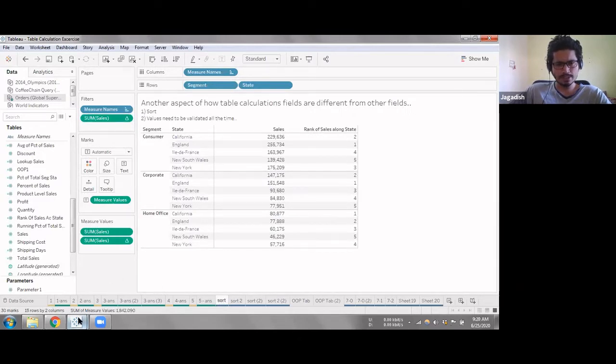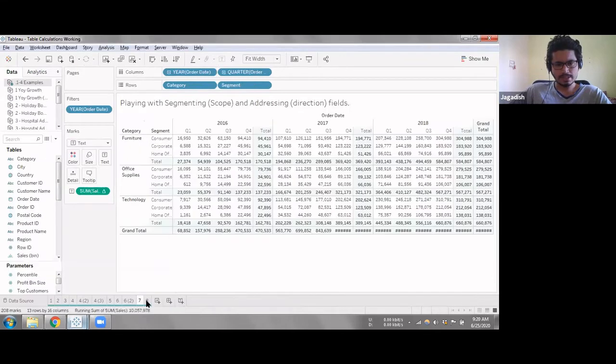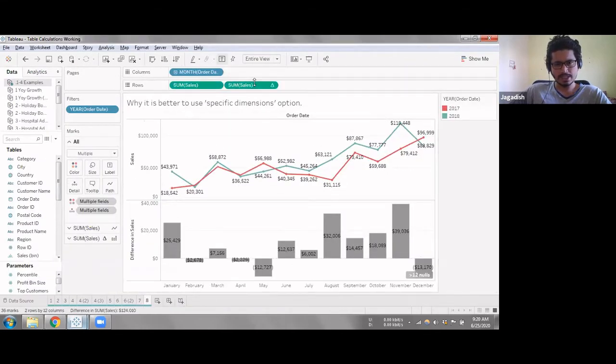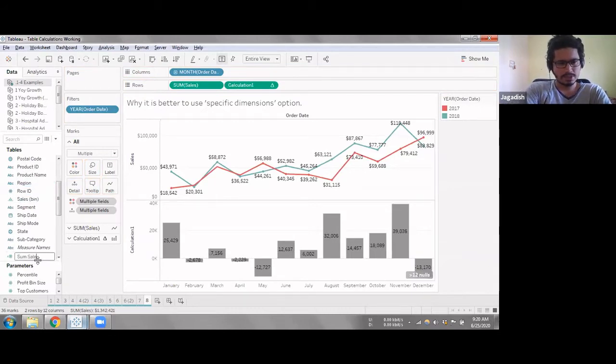Before that, this is the last exercise that we did last Friday. This is already a table calculation that we built. It's currently in the view. You cannot find this field as a calculated field anywhere here, because it's already written on the view. If I want that, I'll just drag it here, and it will prompt a calculation which I can name, say sales calc, and I can save that particular table calculation as a field for me to use in other views if I want to. Now I can save table calculations like that.